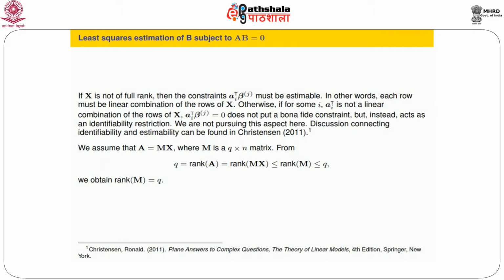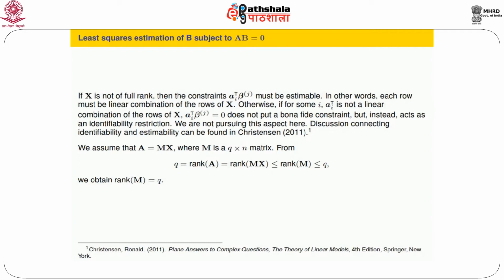So that's what we did. What is XB? XB is the expectation of Y. Now that expectation of Y is XB, which means each column of Y, its expectation is an element of the column space of X. That's what it means. And we cannot say more because we do not know anything about the rank of X. We only know that it is at most B.